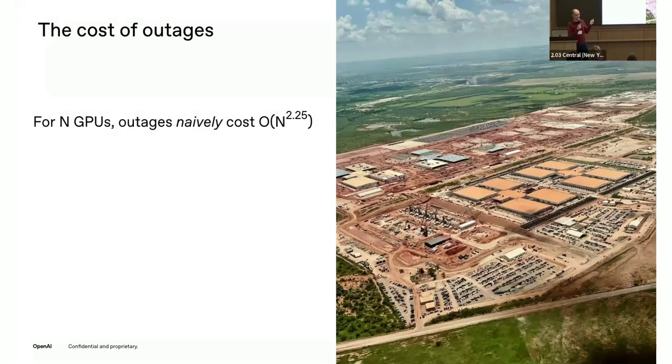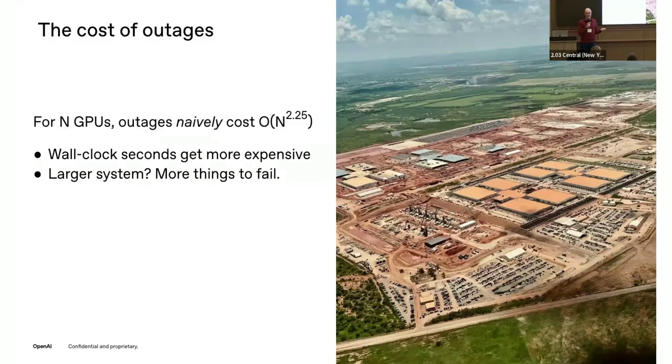I'm more than happy to walk you through the math on how I derived this number, but it's a staggeringly large number. If you 10x the number of GPUs, you spend almost 200 times more dollars just waiting for the GPUs to come back online and resume training. So you haven't done anything. That's terrifying. The TLDR of how this happens is in four things. One, you have more GPUs, so every wall clock second is more expensive. Two, you have a bigger system, so there are more things to fail, so when things fail, the same number of wall clock seconds is a lot more money.